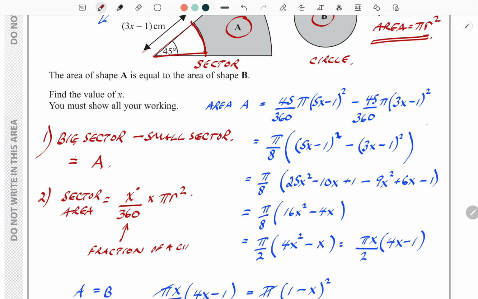Of a circle, represented by the angle at the center of the sector, all right? Okay, so what we have,